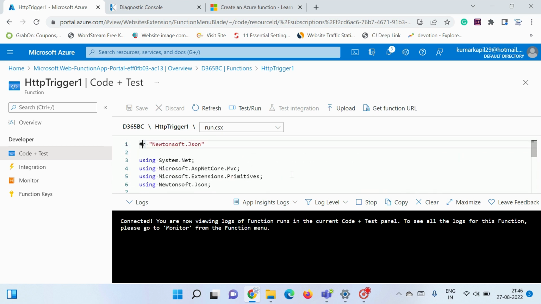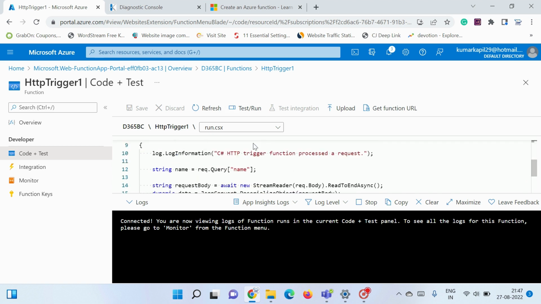Now this is part one of the video, guys, because currently I'm telling you how to create a function app via Azure portal, and how to check whether the function which you have created is working or not. So I'm not going to write any code from the Business Central, but I'm going to show you how to access this service, which is now available in this Azure portal, via Postman or via any of the third-party extensions through which you can check whether you will be able to access this function or not. So for that, let me go back again to my